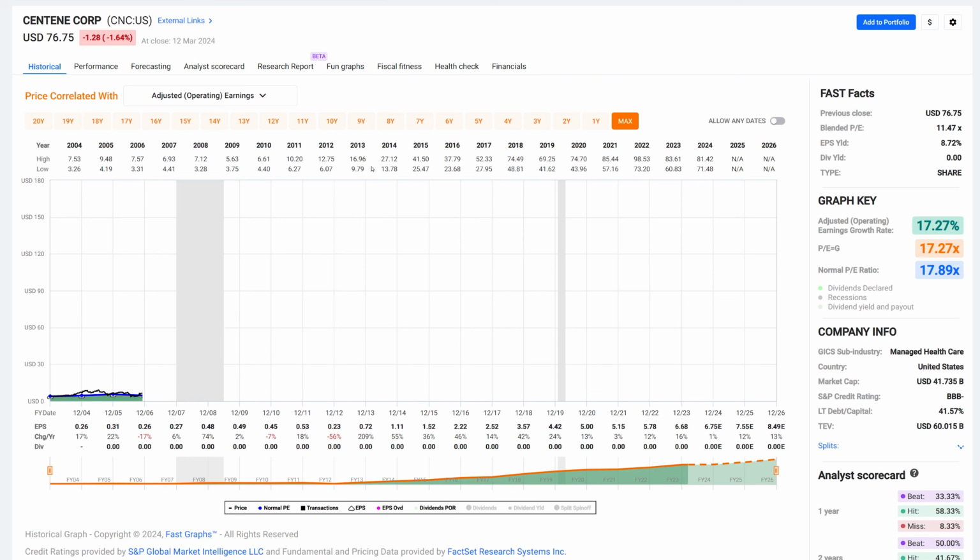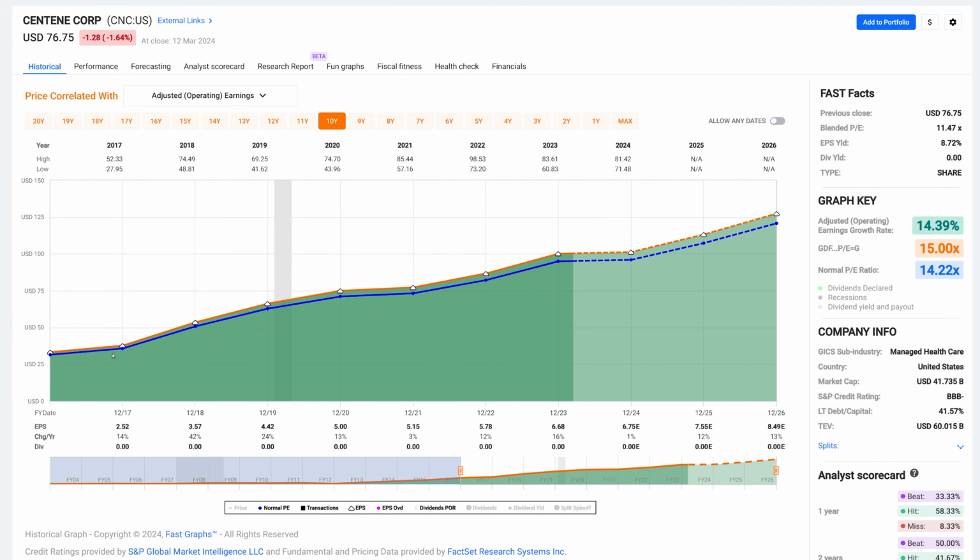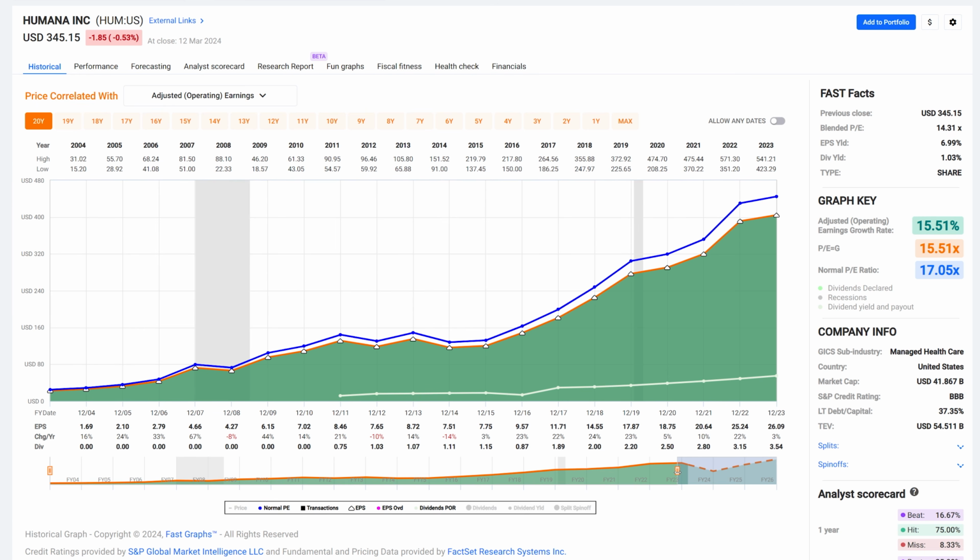Each company's earnings per share is plotted, and the growth rate of those earnings is calculated for any time frame that the investor chooses to review. This can be as short as the last 2 or 3 years or all the way out to the past couple of decades. I strongly recommend that users run various time frames to determine whether growth is accelerating,